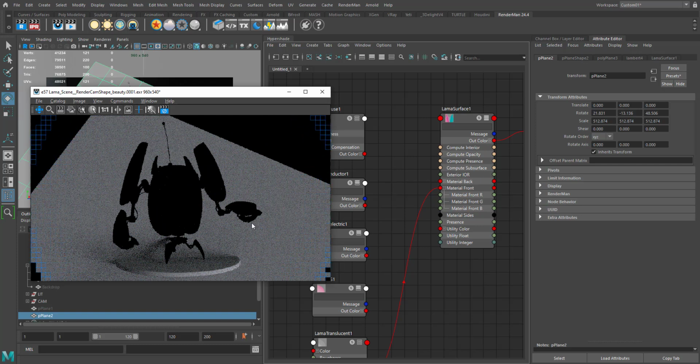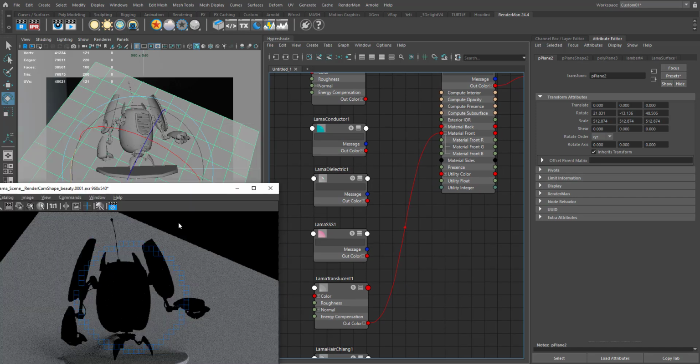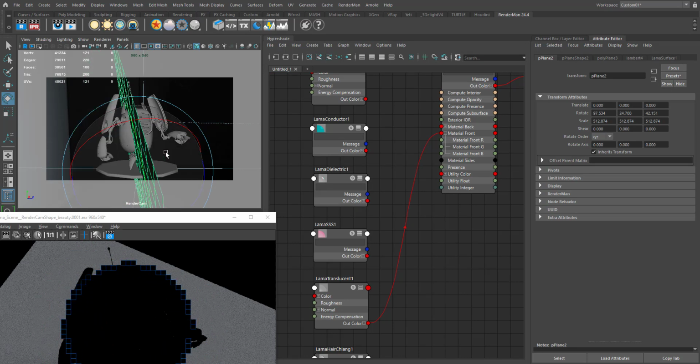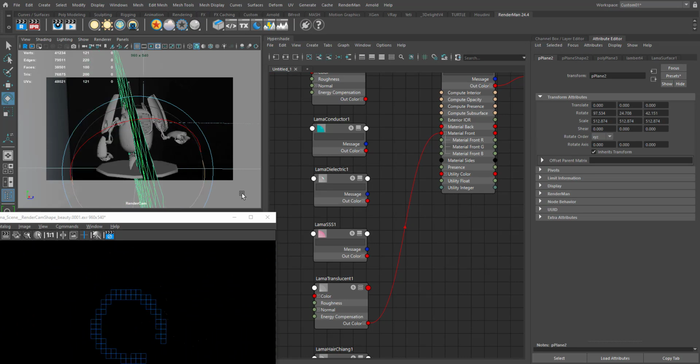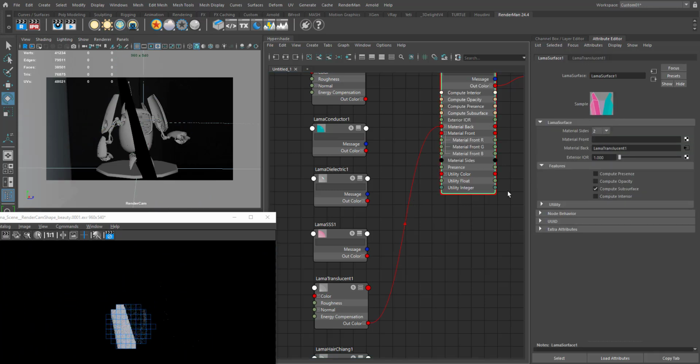Yeah, so as you can see here, now we have assigned our Llama translucent here, but if I rotate the geometry, as you can see here, everything is looking black. So it just works on the one side, and it gives you the result of the light penetrating into the surface and coming outside at that particular backside, which will be available in the translucent materials. So if I connect this in the back material, and if I enable,